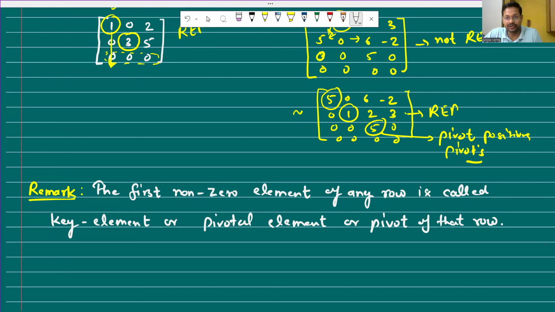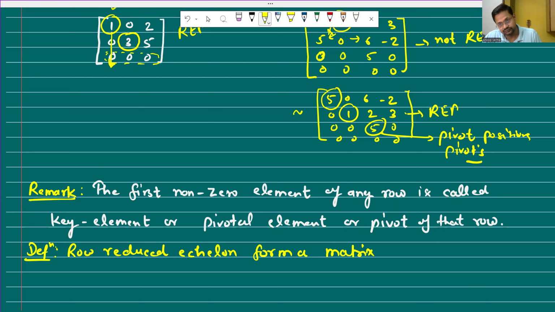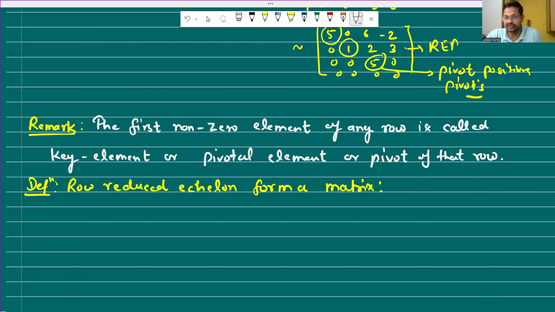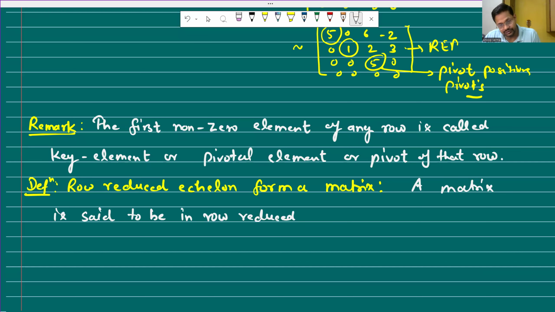Similarly, we have the row reduced echelon form. So let's define when a matrix is also row reduced, RREF, row reduced echelon form. This definition is very important, understand it very well, and we apply it in questions as well. So a matrix is said to be in row reduced echelon form